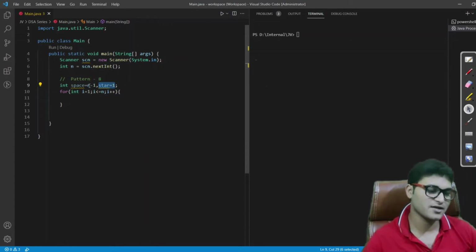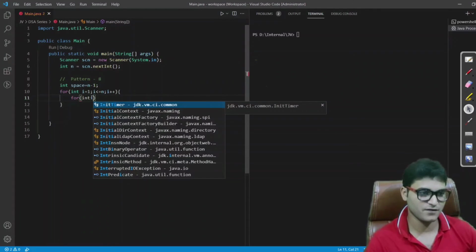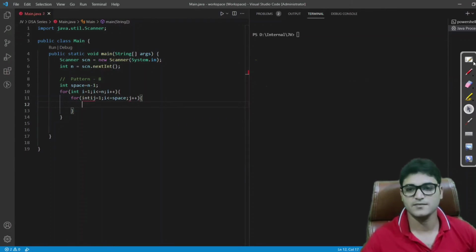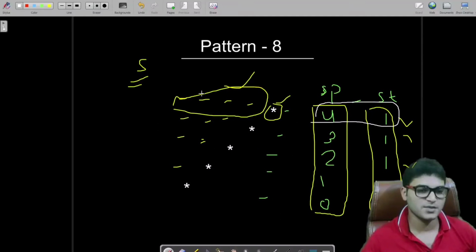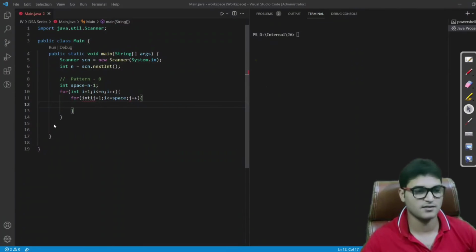So we will not declare any variable for it. We will simply print 1 each time. Initially we have to print spaces, and after that we have to print a star. Why? Because if you look here, we are having spaces first and then star. We are having spaces, star, spaces, star, space. We don't have any space here, so it is not visible, but spaces are first and star is after that.